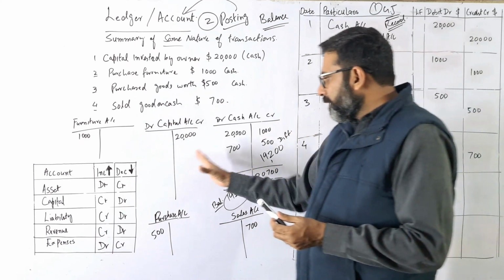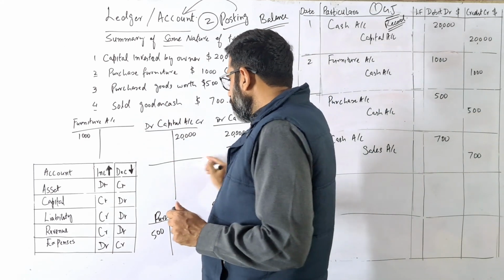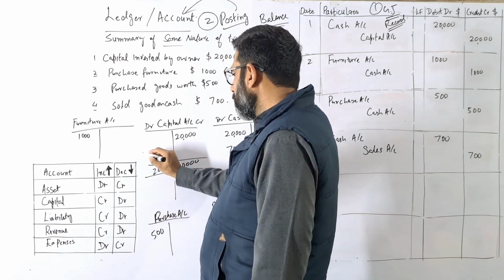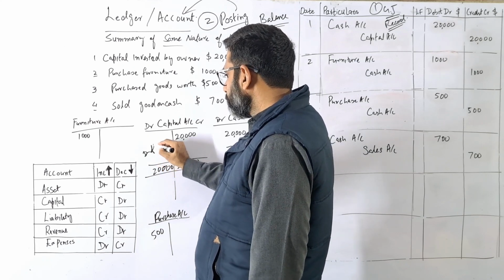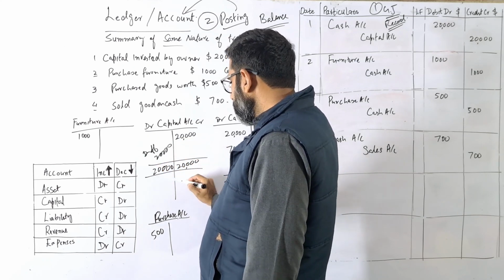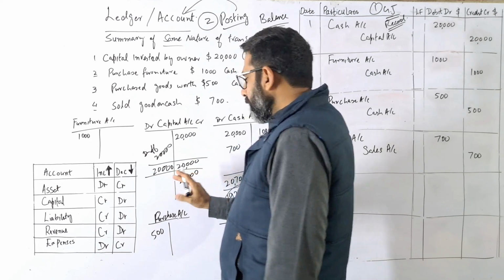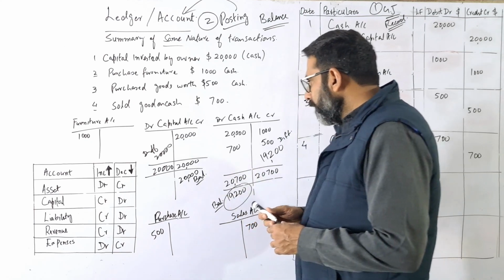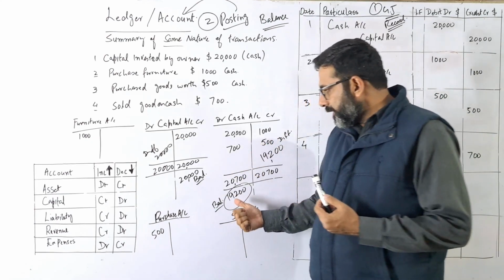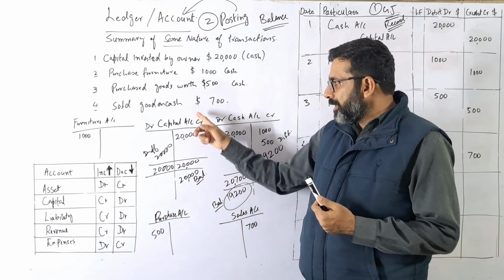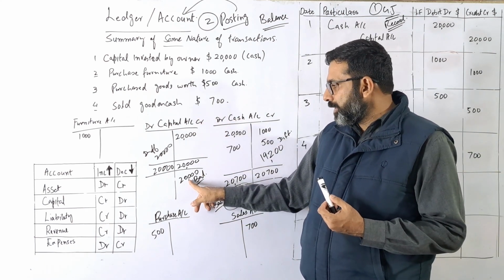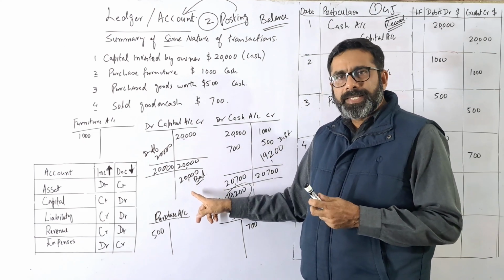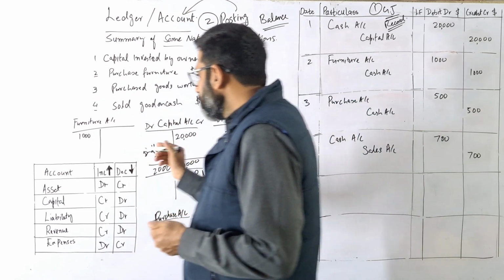In the same way, we just prepare the accounts for Ag1. So we write here 20,000, 20,000, and obviously the difference here is 20,000, but because the credit side is heavier, we will write it here as a balance. Now the balance of the cash account was 19,200 on the debit side, but the balance of the capital account is 20,000, because there was only one transaction in that account, but that account balance is a credit balance. Now in the same way, the furniture account,